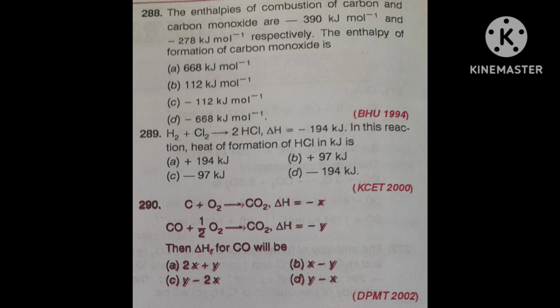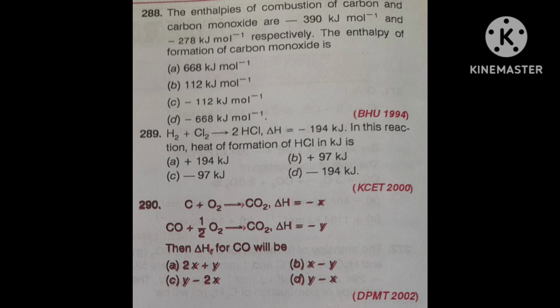Then how will you get C plus half O2 giving CO? Equation 1 will be as it is, and equation 2 you reverse, meaning minus the second reaction. So it is equation 1 minus equation 2. The equation 1 value is given as minus 390, minus equation 2. Why are you doing minus? Because CO2 will be cancelled out. Now both are on the right hand side, but if we reverse the second equation, it will come to the left and both will cancel. That's why you write the minus sign.